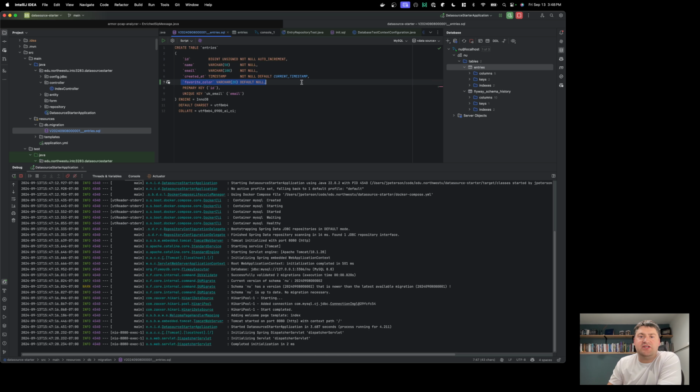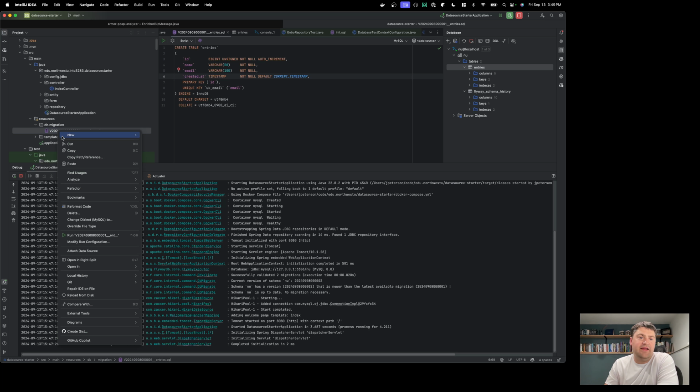So the first thing first is I'm adding this new column, favorite color, default null. And that's one way to do it. But the problem here is we don't actually want to modify this file. Do you remember how we had that version mismatch problem in Flyway? So instead, what we want to do is we need to learn a new command here, and that's the alter